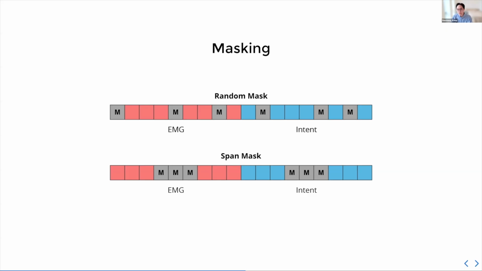And intent is the same thing. I'm very unlikely to open and close my hand 200 times per second. So if you have the immediate before and after, it's easy to infer the intent. So if we train it with random masks, it doesn't really help with learning a strong feature space. So therefore, we go with the span masking approach, which is also very common in language models. And this just helps us to get a better representation space.